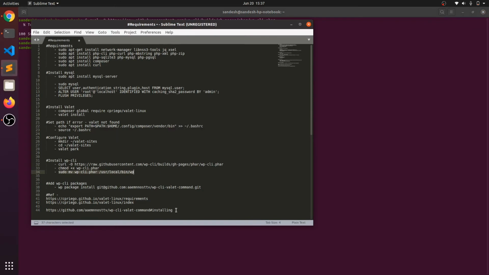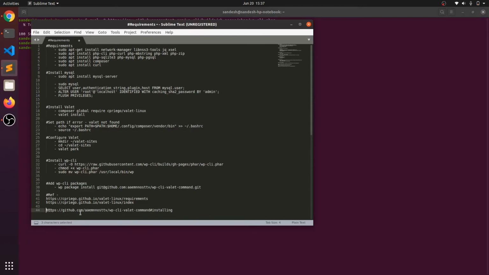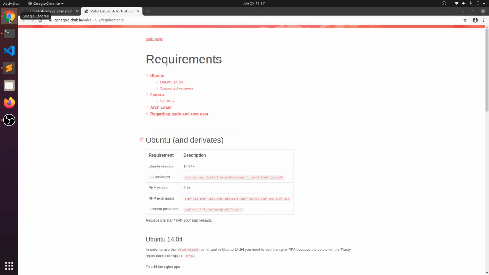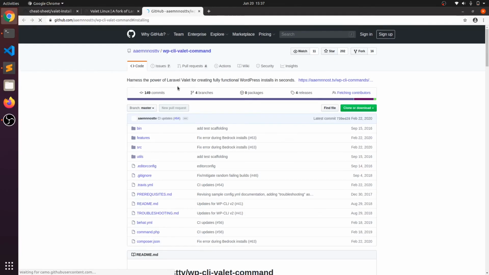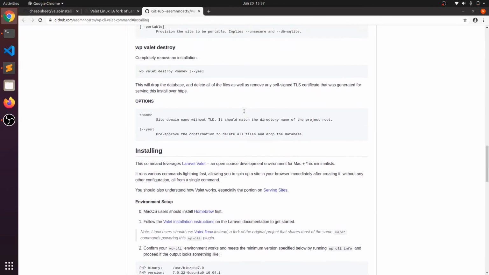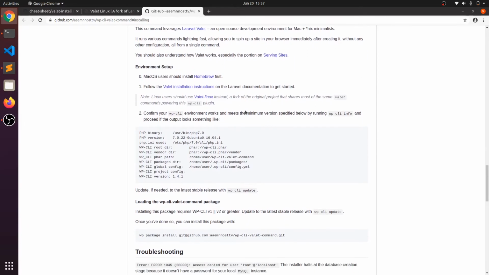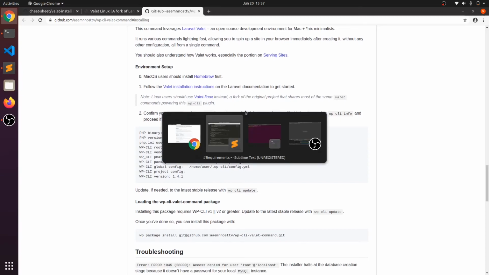Now I will show you the WP-CLI commands required for Valet's one-command installations. This is the site of the WP-CLI Valet command, which is maintained on GitHub. These are the installation commands, and you will get all the details here.